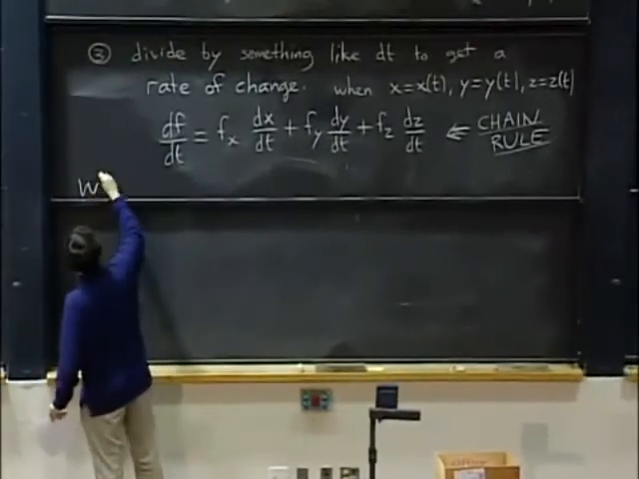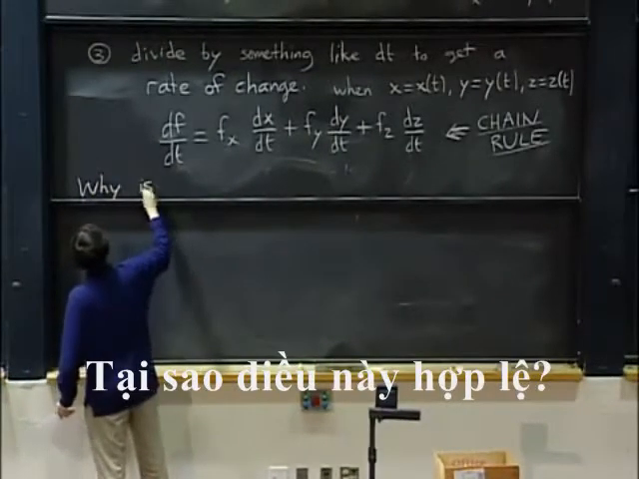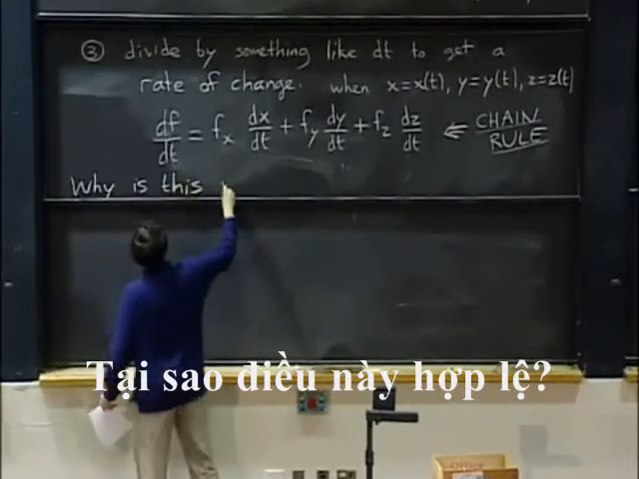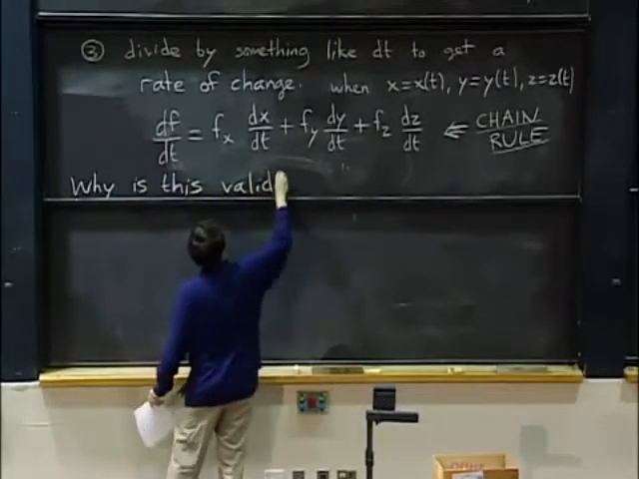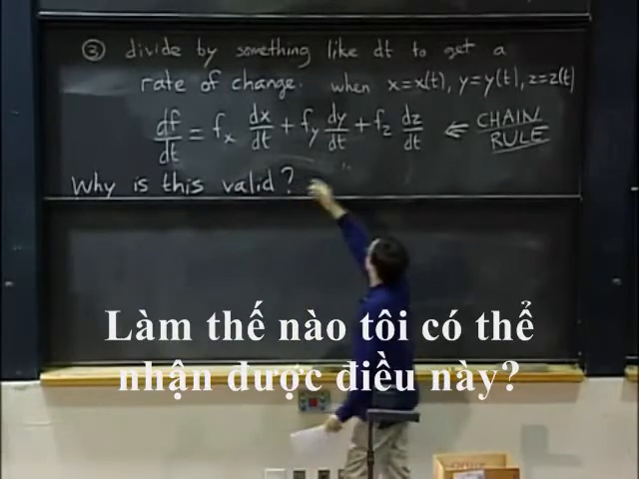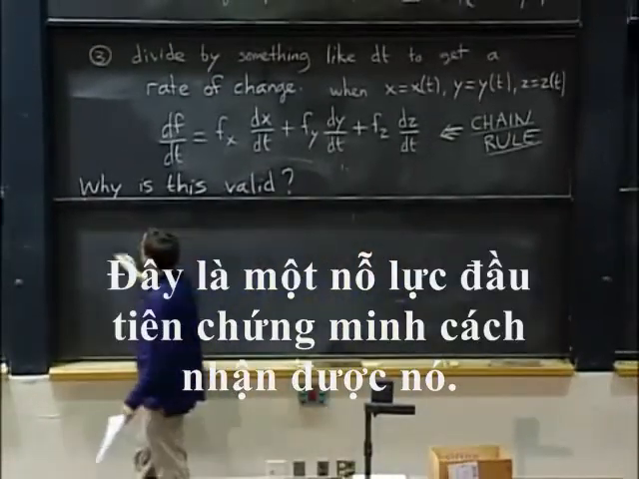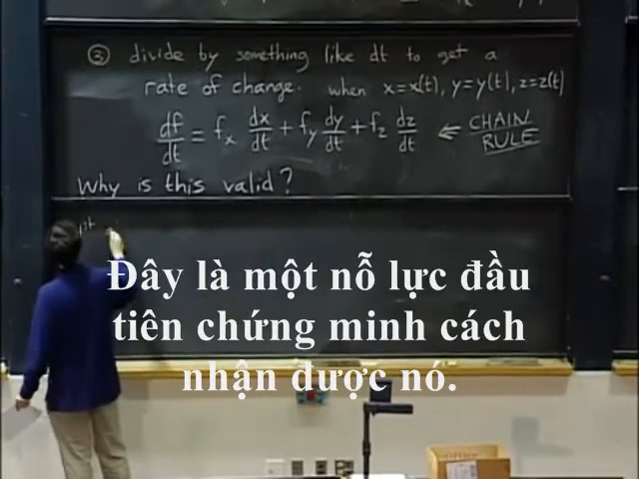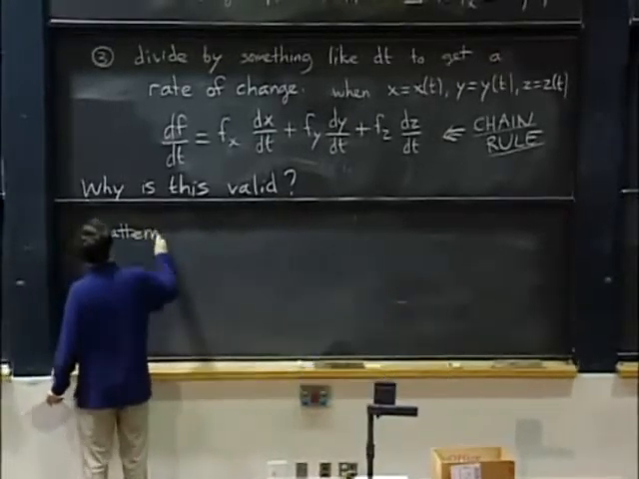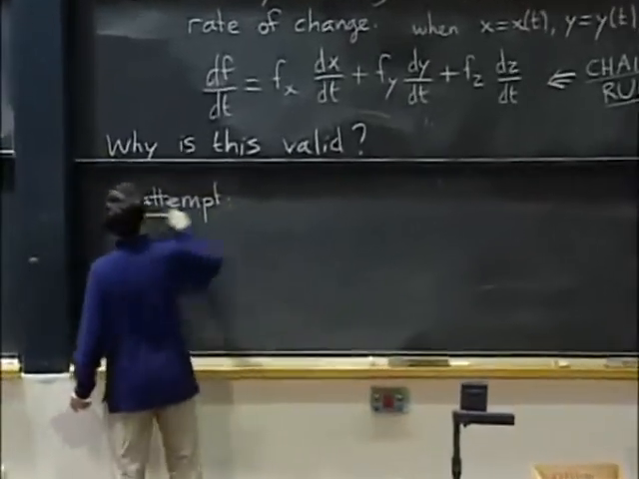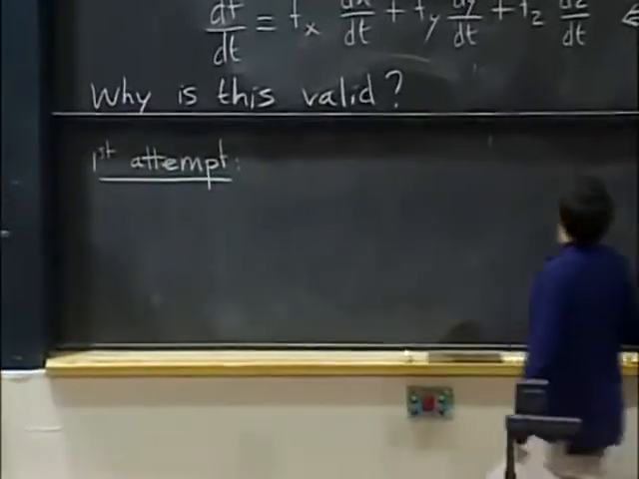So, okay, so why is this valid? How can I get to this? So here's a first attempt at justifying how to get there. Okay, so